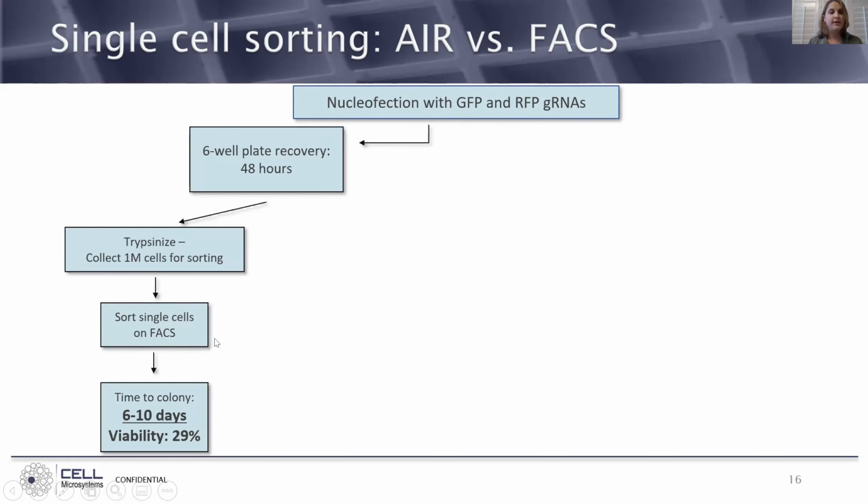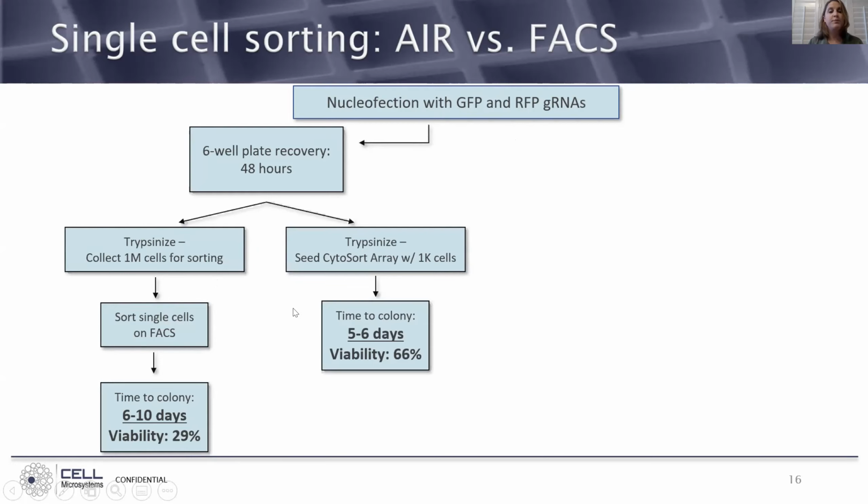They were sorted as single cells by flow cytometry, plated in 96-well plates, and we saw an average time to colony formation of around 6 to 10 days with a viability of about 29%, which is pretty typical for this type of workflow. If we perform a modified version of this, whereas instead of sorting the nucleofected cells by FACS,